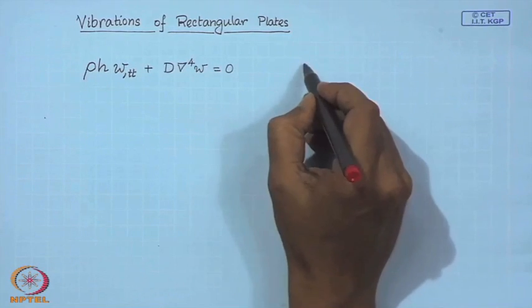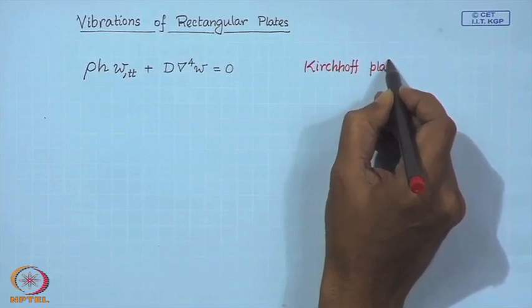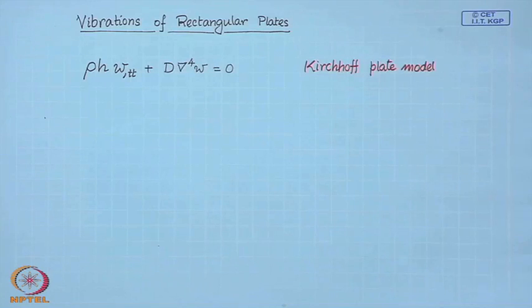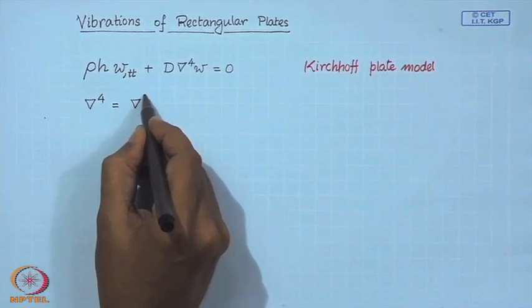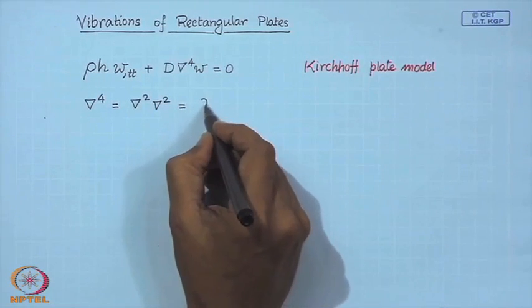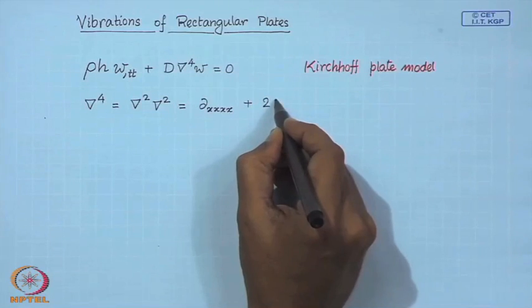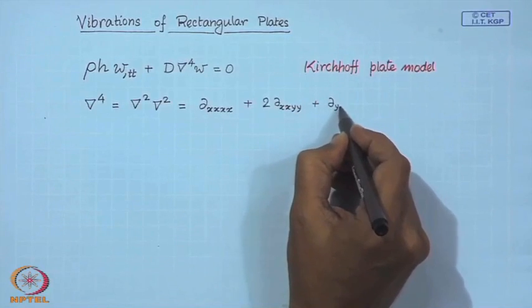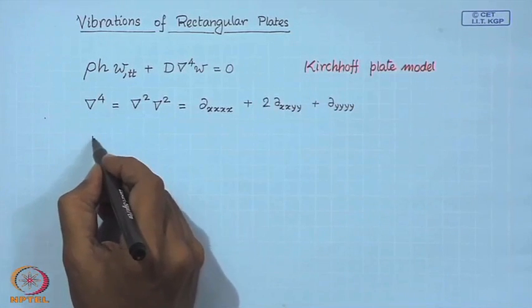So, this is the Kirchhoff plate model, where this nabla 4 is the square of the Laplacian, and that turns out to be in this form, and D